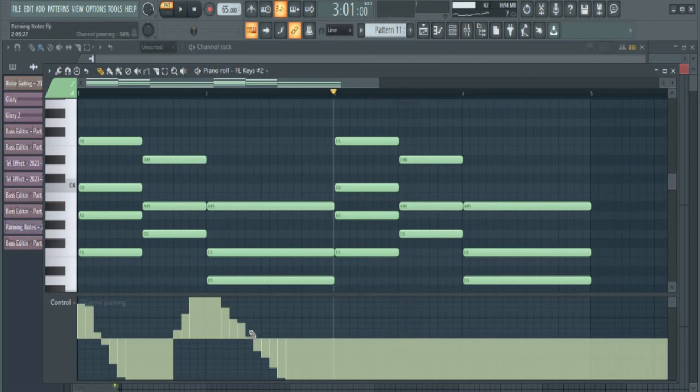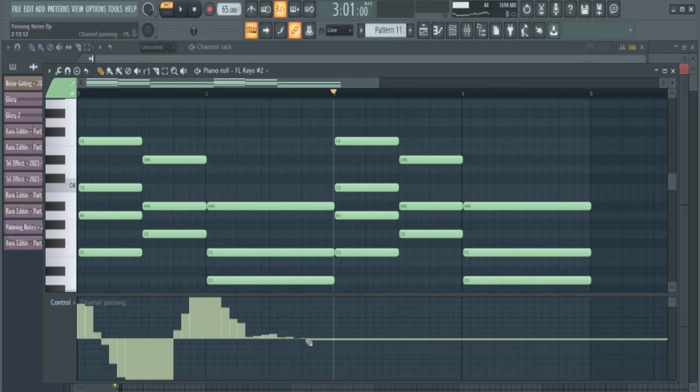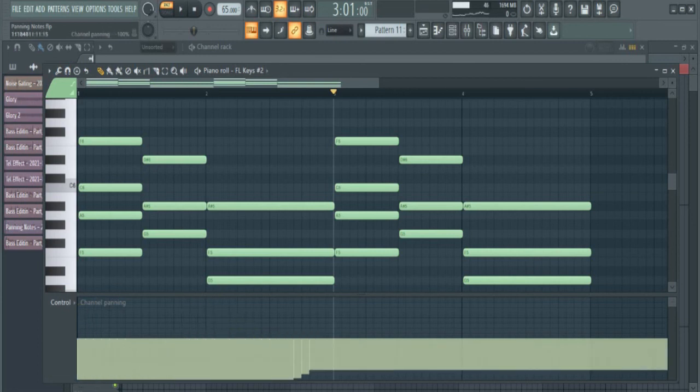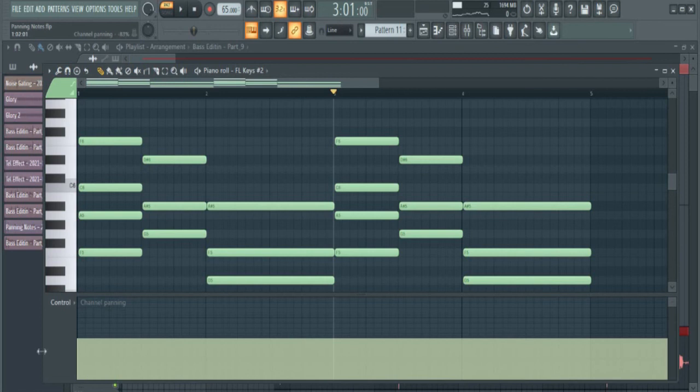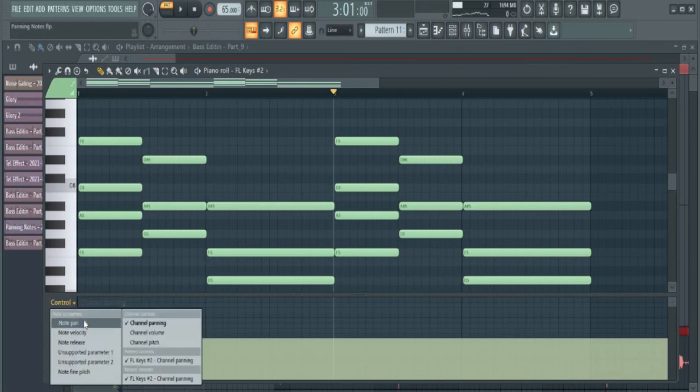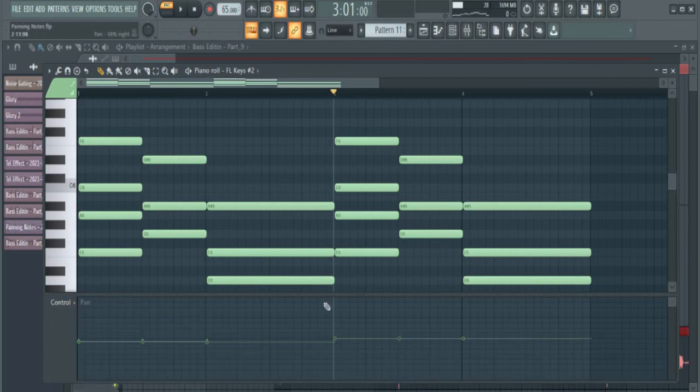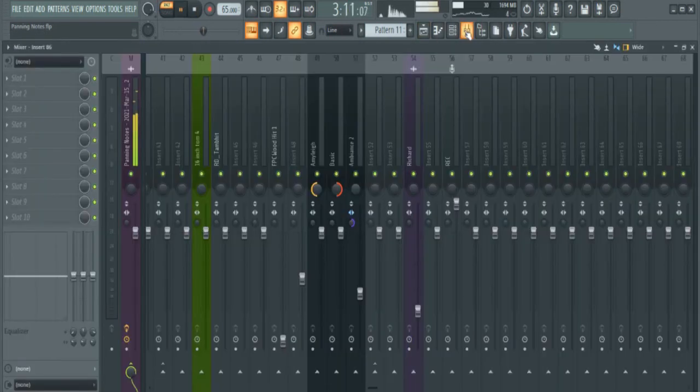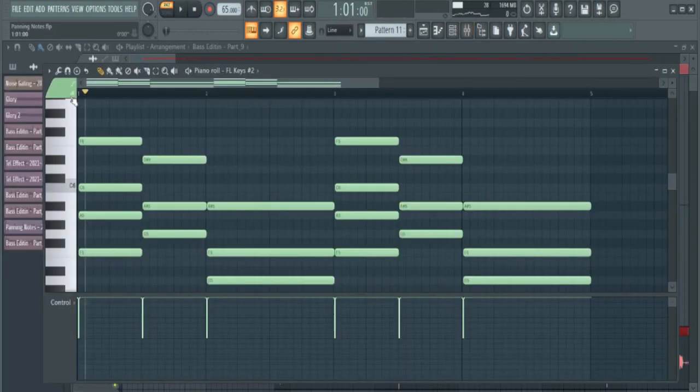I hope you're using good speakers or headphones that use left and right so you can hear this very well. If I pan all of them in one direction, let's just try something. And I come to the notes and move the notes in the other direction. Let's just see what will happen. So it's just in the center.